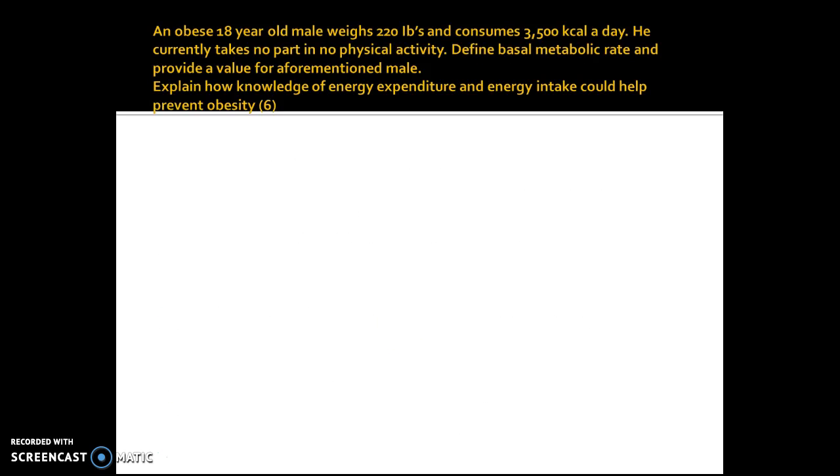Moving on then, an obese 18-year-old male weighs 220 pounds and consumes 3,500 calories a day. So basically, he currently takes part in no physical activity. Your job is to define basal metabolic rate and provide a value for the aforementioned male. Now, what I need you to do is explain how knowledge of energy expenditure and energy intake could help prevent obesity. So you get 2 marks for defining basal metabolic rate, and then see if you can work out a